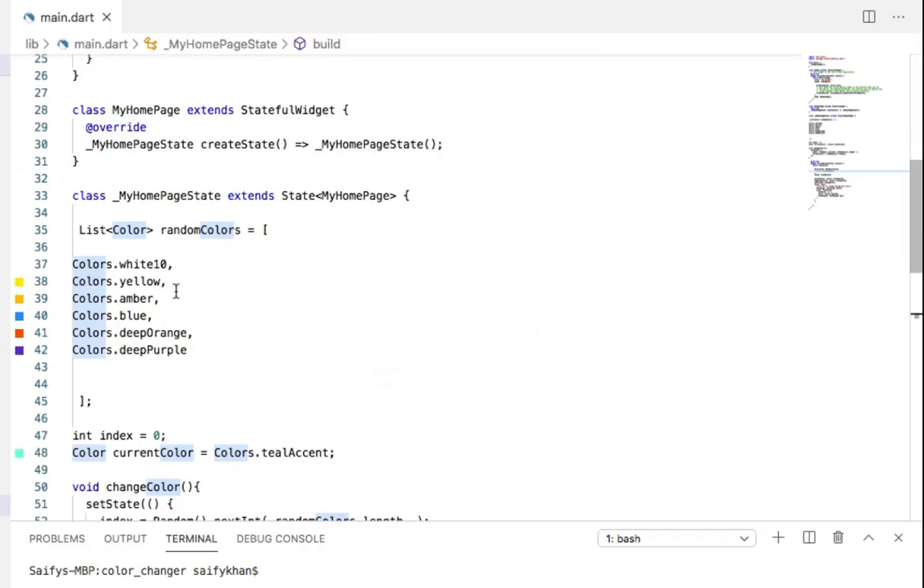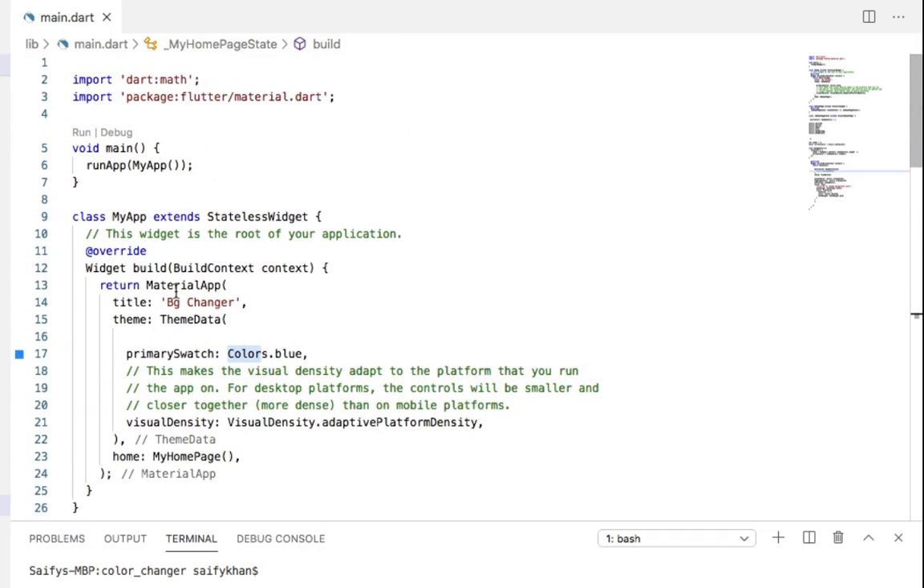Okay, I cannot explain all the basics of Dart programming, but I will show you my code, and this code is available on my website. The link will be available in the description. So go to the description and get that code. So basically